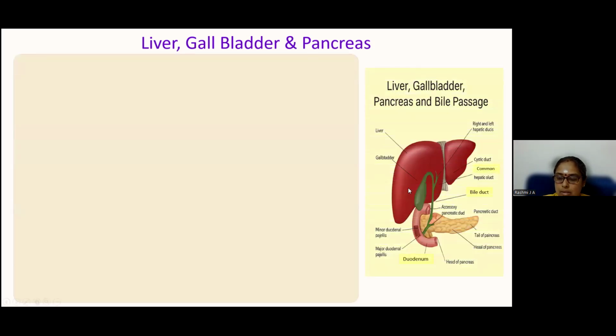So this is the location. This is the liver. Then we have the gallbladder beneath the liver. Then we have the pancreas, which is behind the stomach, we can say, as for now. When you learn about diabetes, I think we will see even more detail about the pancreas. Then the liver is located in the upper right abdomen beneath the diaphragm.